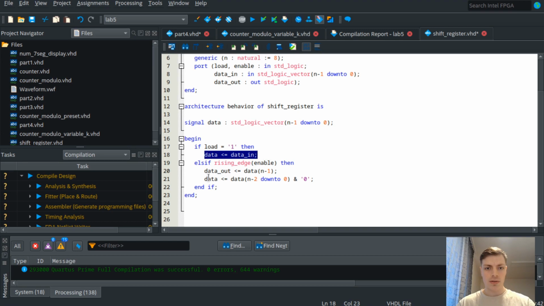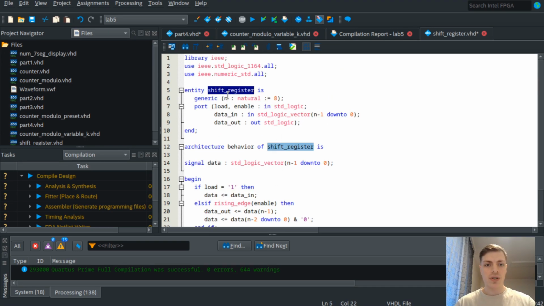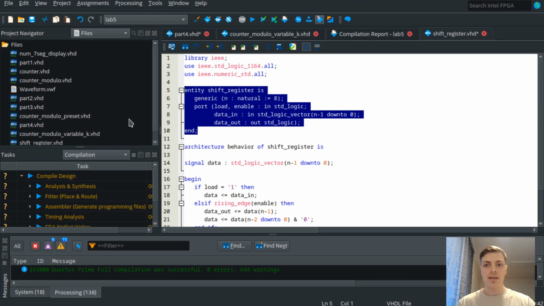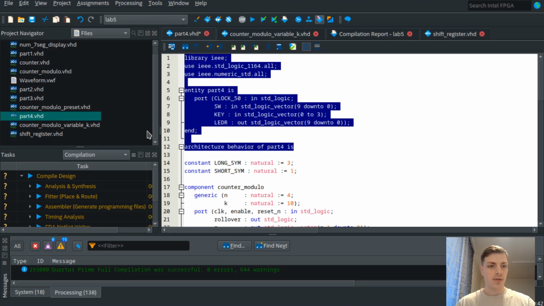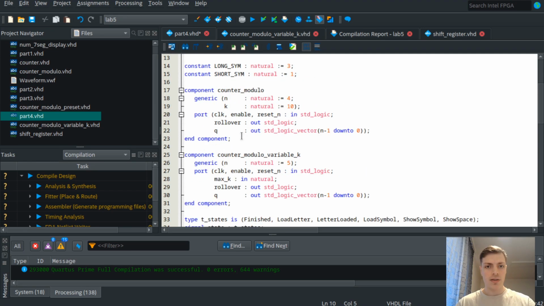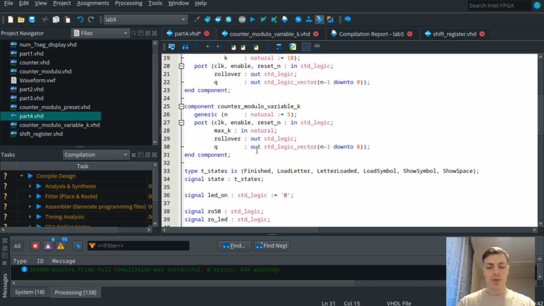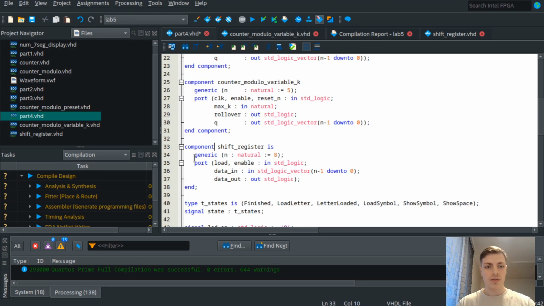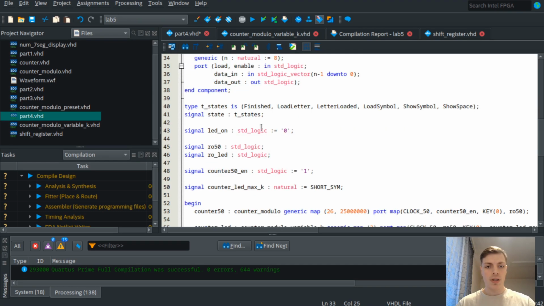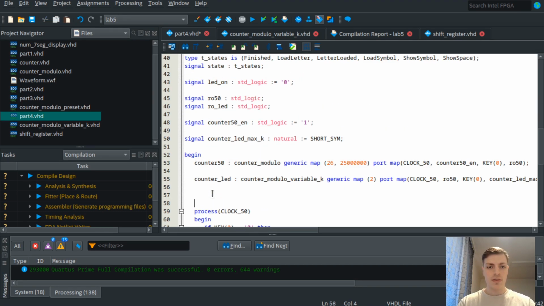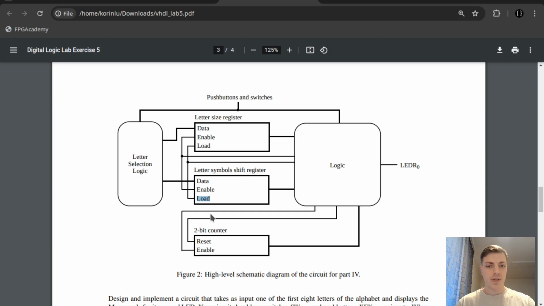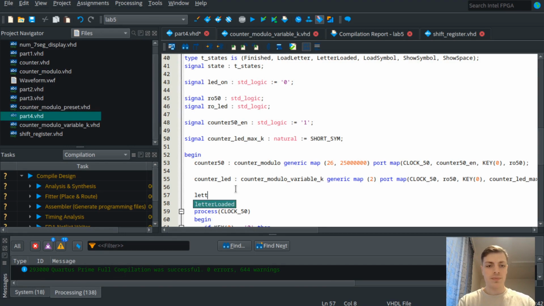So data, this seems correct. So shift register, let's copy the entity, let's save it, and let's go to part 4, and I will include it here. So we have counter modulo variable k, and shift register. And let's create one entity here. Shift, so this will be called, let's look, letter symbols shift register. So we will call it letter symbols. It will be shift